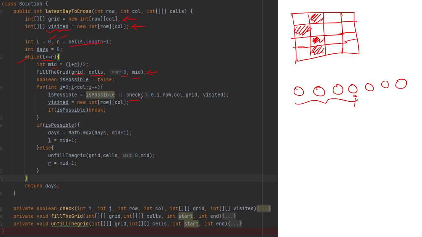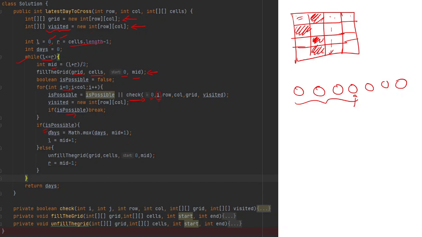we will check whether we can travel from top to bottom or not. So why I'm doing this in a for loop, because it is said in the question we can start from any of these cells. So that is why I'm doing, like you can see the initially row is 0 and the column I is 0 to column. So I'll start from this. Can I travel? No. From this I can travel, you can see yes. So anytime I get this thing as true, I will break and we'll see whether it is possible.